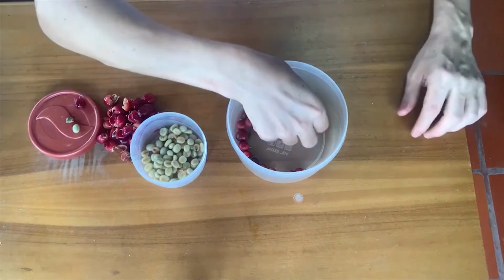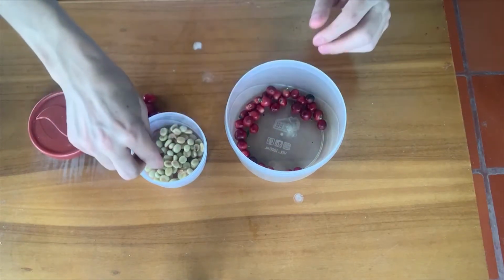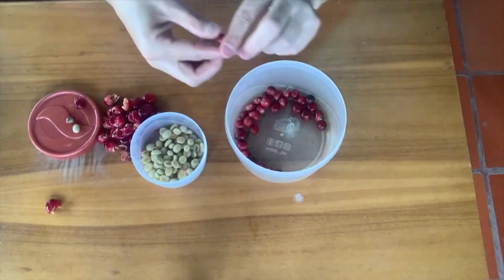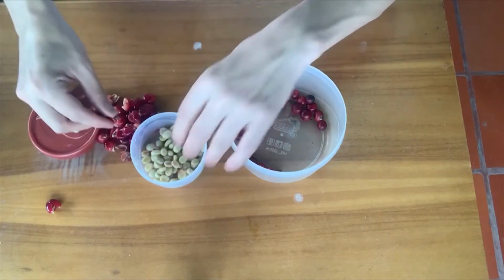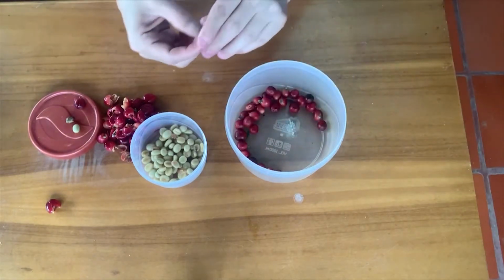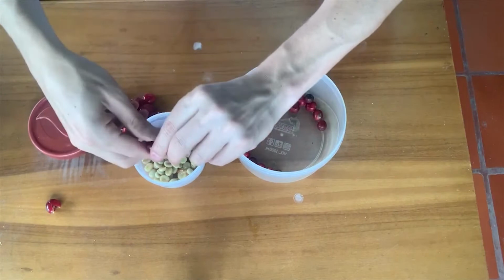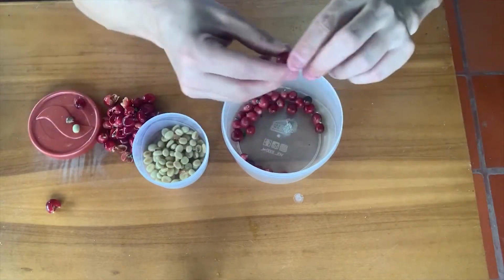Now, if you are thinking, why would you go to all this effort to make a cup of coffee, which is a really good question, the reason I do it is because I've done this before. I did it as an experiment, and the end result was a cup of coffee that was just incredible. Like the best flavored coffee I've ever tasted in my life. And I'm not being biased because this came from my own plant, but it was just the smoothest, most delicious